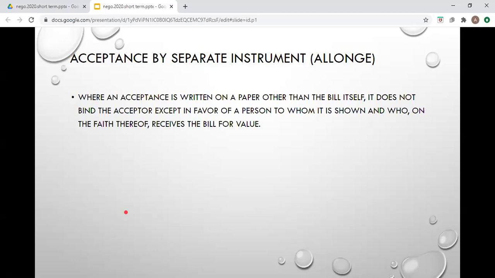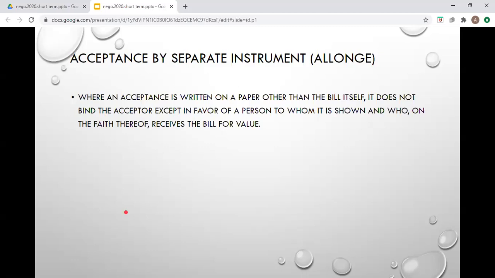He is not liable to the person who has seen it but who did not believe that the instrument will be paid. Okay? So magandang gawin mo yan if you are the acceptor by placing your acceptance now on a separate paper because you can now limit the extent of your